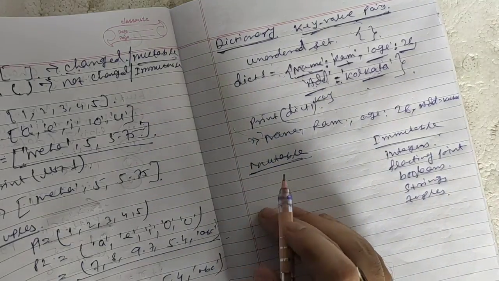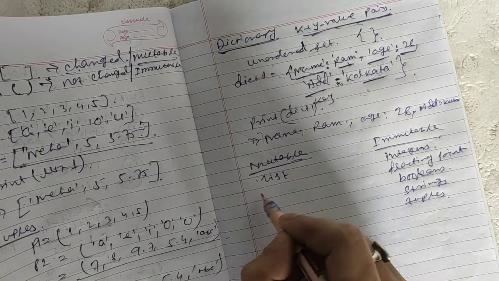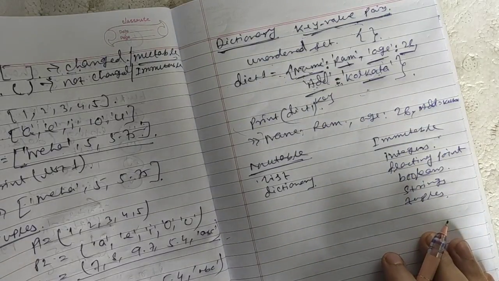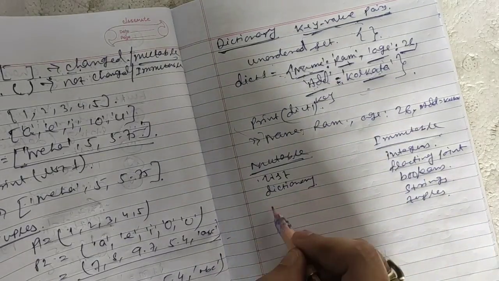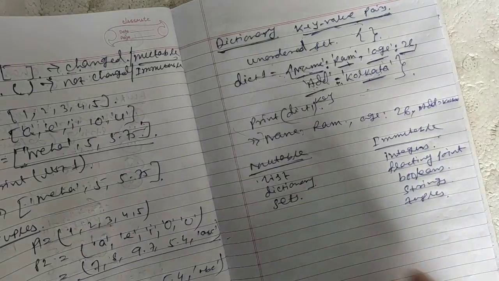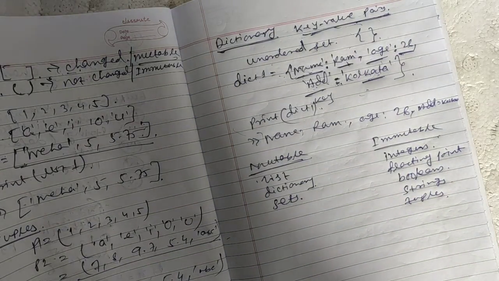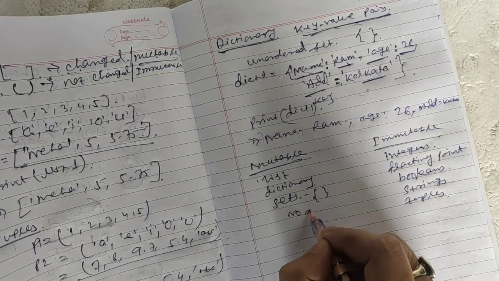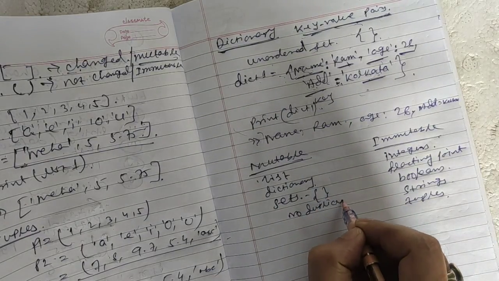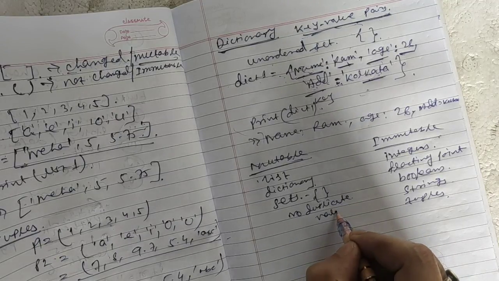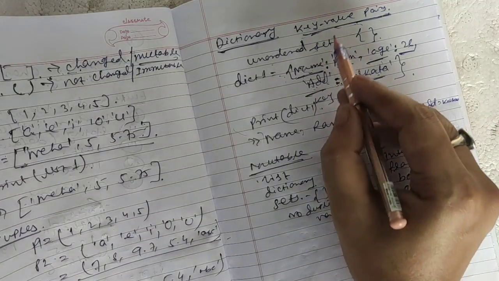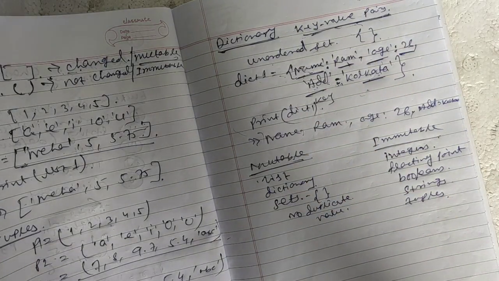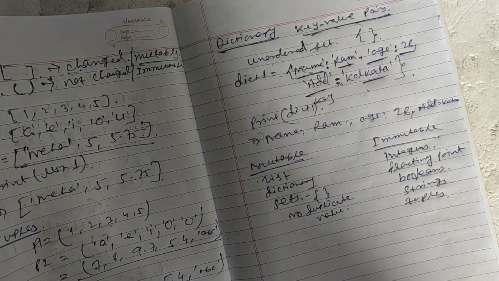Okay, what is mutable? List, dictionary, and one more, that is called set. As in normal mathematics, a set here also has no duplicate value, and a set is also represented using curly braces. In tuples and lists there can be duplicate values, like 2 times 5, 2 times 3. But in sets there is no duplicacy or repetition of values.